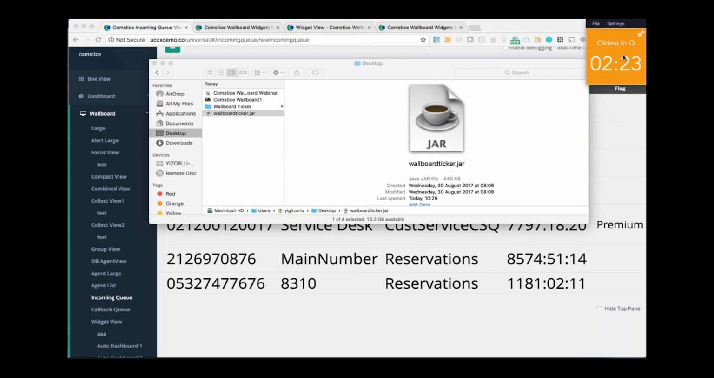So Wallboard Ticker, again, you don't have to install it. It's a click and run application, as you can see. There's an installer version as well in case you want it, but you don't need to install it. You don't need admin rights to run it. We know that there are lots of limitations on agent PCs. It just communicates with the